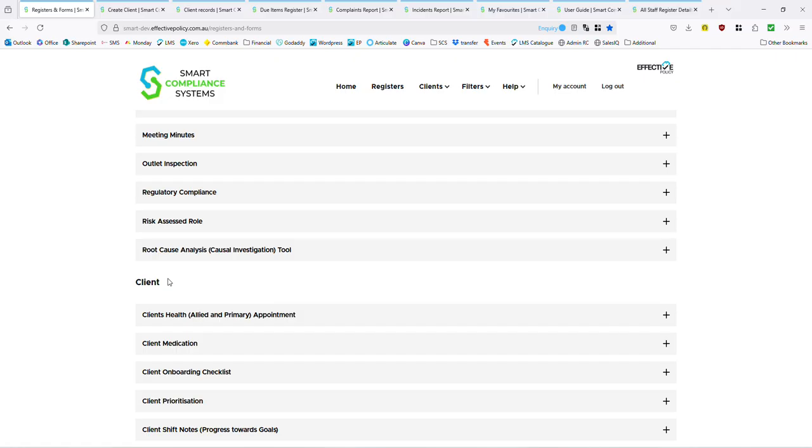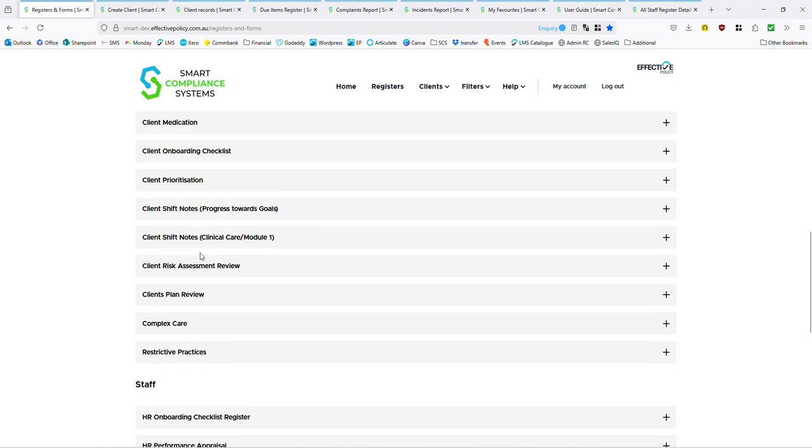And then they can be filled out by anybody who has that QR code. So really, if you don't want to get those licenses for the staff, they can still fill out those complaints and incidents when need be. You can use this to use shift notes as well. So we do have that feature in here, but we understand that for larger organizations, they may already have a system in place. So this doesn't need to replace that. You can just not use that register if you don't want it. But yeah, that is our main